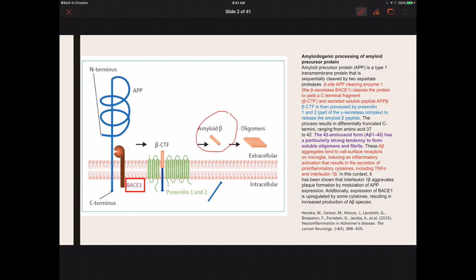Here, which by virtue of its biophysics tend to accumulate or aggregate into so-called oligomers. And it is thought that these oligomers are toxic to neurons and cause all the damage that is involved in amyloid deposition. Now the next slide